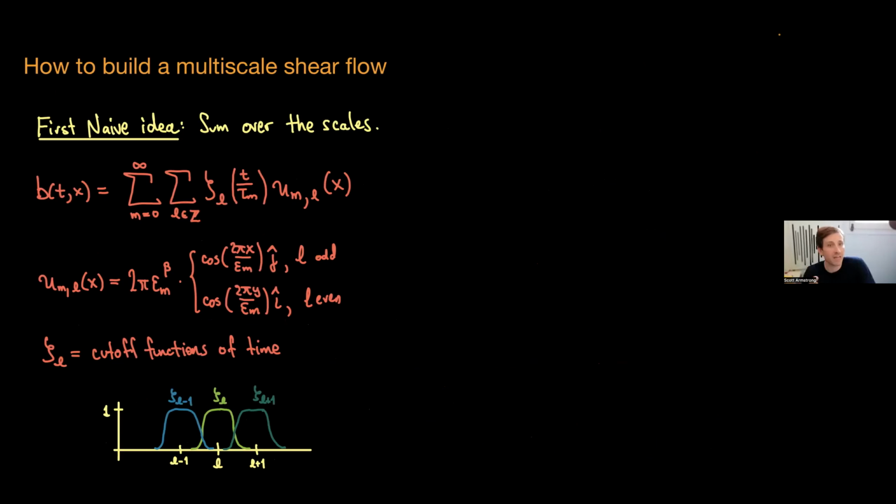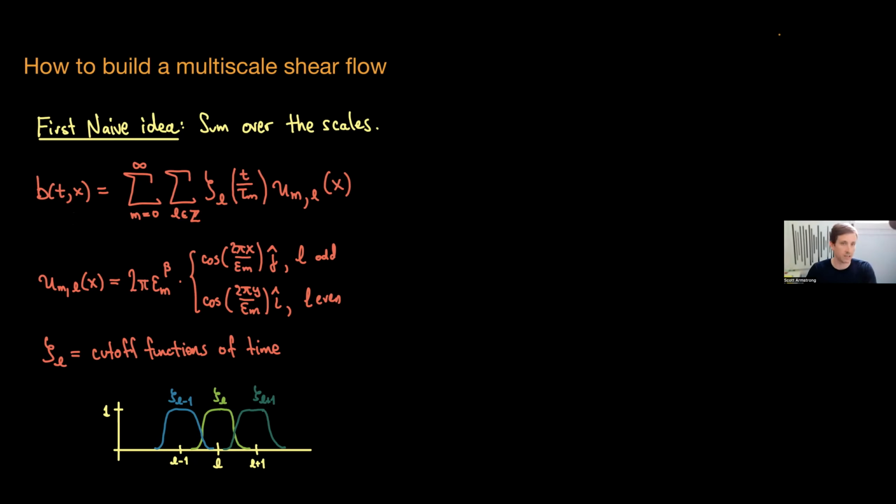So I want to explain the idea of how you actually build the vector field now, okay? Because there's one more interesting part to it, one more twist to the story, which says that you have to make, if you weren't trying to before, your vector field look like a fluid in an important way, in a way that the other models like the Kraichnan model and so on do not satisfy. So I think that this is in some sense maybe physically interesting.